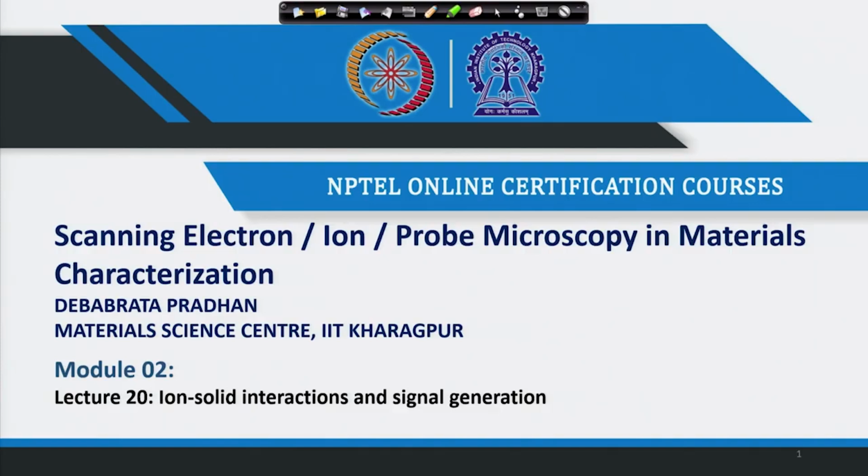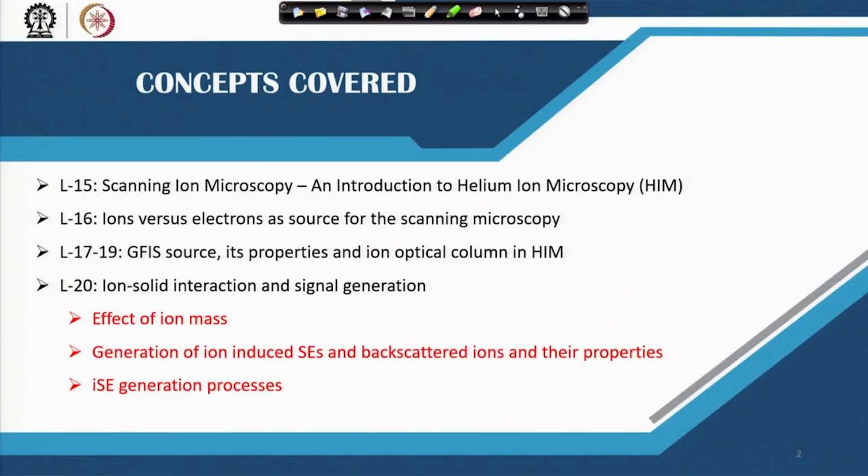In the last couple of classes, we have been discussing the gas field ionization source and its properties, and how the ion beam is condensed to very fine spots using an ion optical column. In the ion optical column, we have seen that we use only electrostatic lenses, unlike the electromagnetic lenses used in